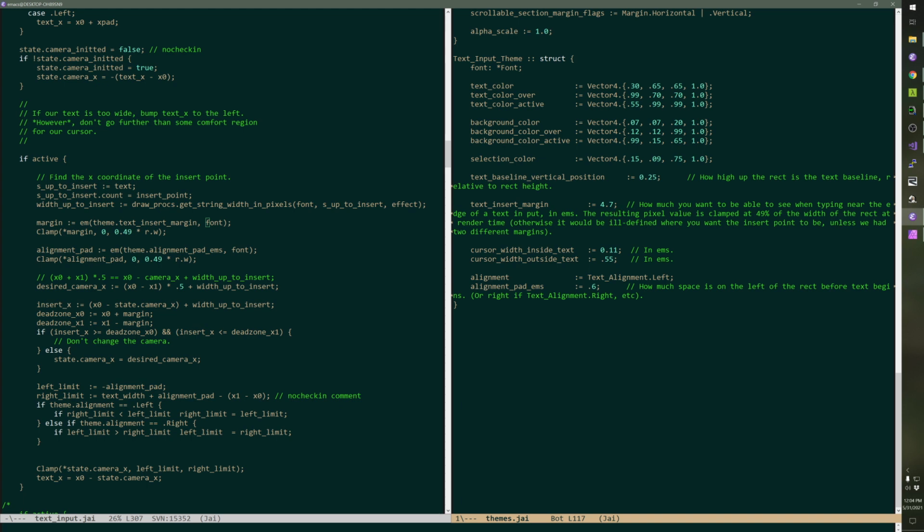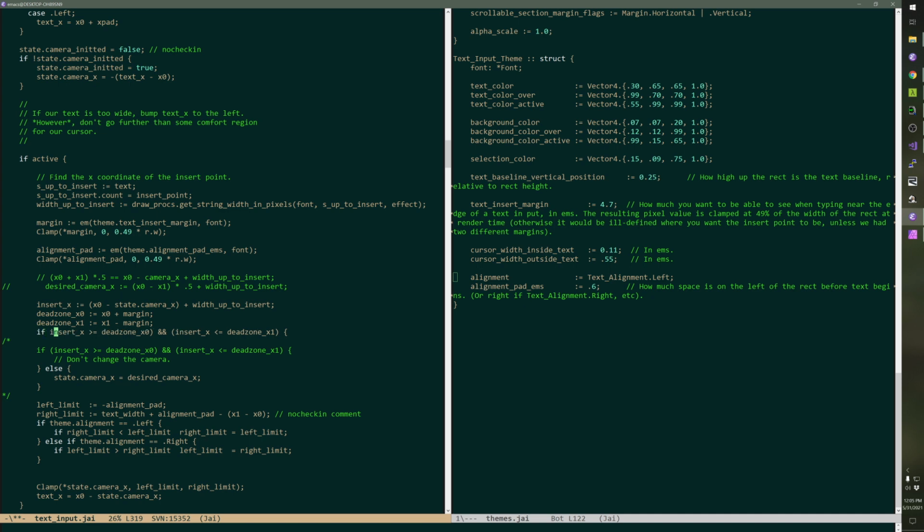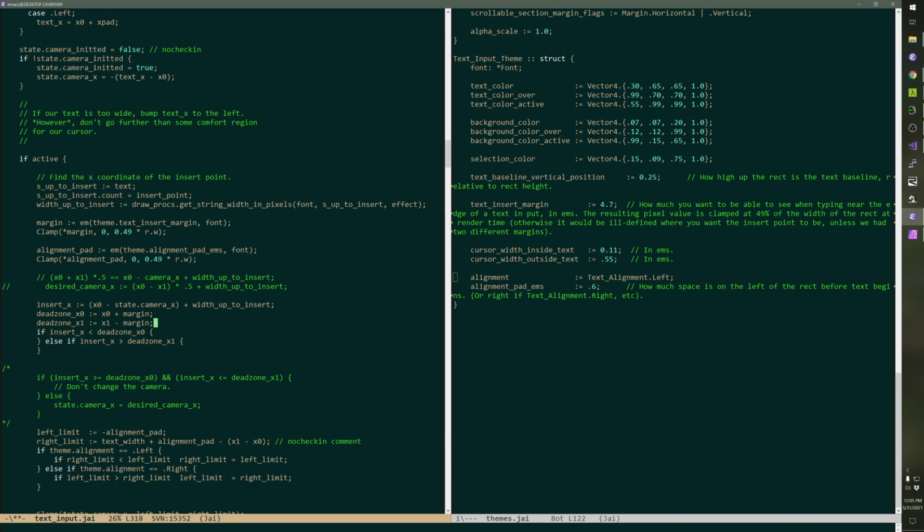Now, if insert X, so we can flip this. We can say if it's less than dead zone X0, move the camera left. So then we don't actually need all this stuff down here, or we don't need this part. Okay, hold on. We're going to say if it's less than dead zone x0, we do a thing. We do a thing, right? And this is,